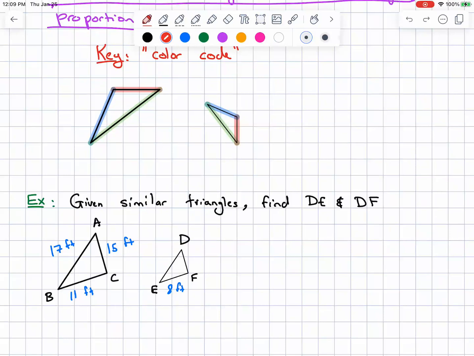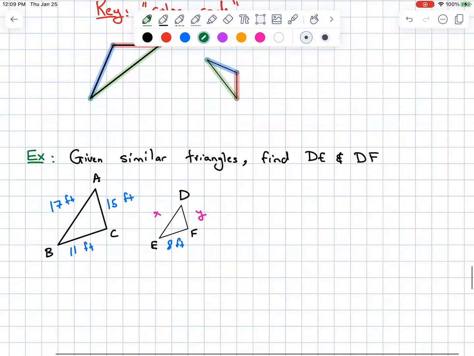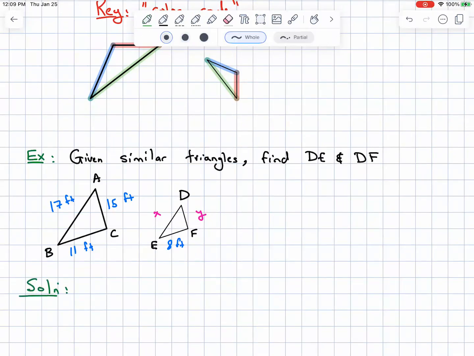Now let's use a different color. X and Y. So for my solution, the first thing I'm going to do is color code. I'm going to find the biggest side length and highlight that in green. It doesn't matter what you do. So I'm going to do that one, and that corresponds to DE. The shortest side length was BC. I'll do that one in blue, and that corresponds to EF. And the last one,